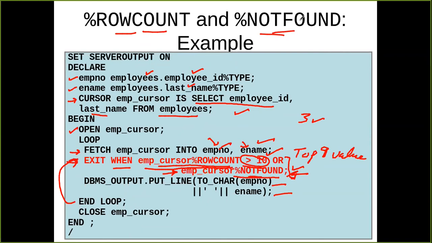They are very helpful variables associated with the cursor. Whenever you use them, you give the name of the cursor, followed by the particular variable. These are special variables recognized by the percentage symbol, so all these variables start with a percentage symbol.